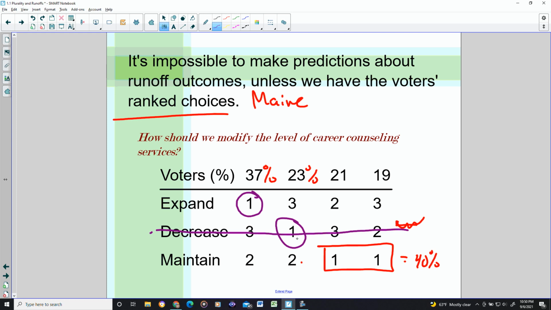Now, the people who voted decrease, guess what? That's no longer on the ballot. So what's going to happen? Now, on this ranked choice, all these people who voted to decrease, right? They're going to say, you know what? If we can't have a decrease, at least let's keep it the same. And that makes total sense, right? They're not going to suddenly go from decrease to expand when they could simply maintain services. So those people are likely going to vote to maintain. They're going to switch to their number two choice. And that's what happens,